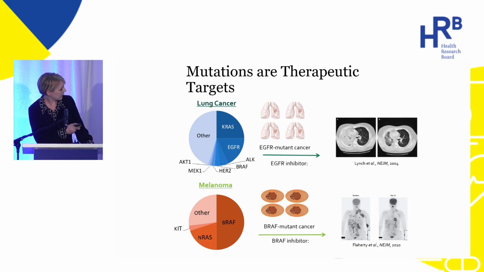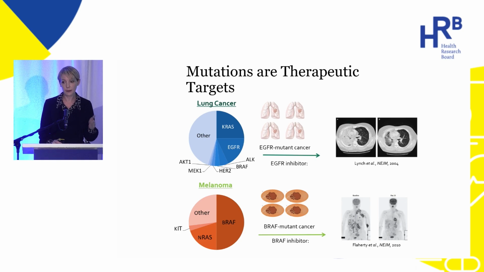So those of you who aren't familiar with looking at CAT scans, you can see here in A, this patient has got almost complete replacement of their lung with advanced lung cancer. And after just 2 months of treatment, you can see significant clearing in that tumour, and that's with a tablet taken daily with minimal side effects. So an example in clinical practice of how targeting the causative mutation in a patient's cancer can have astounding clinical results. The other major success, and again this is now almost 15 years ago, was the identification of